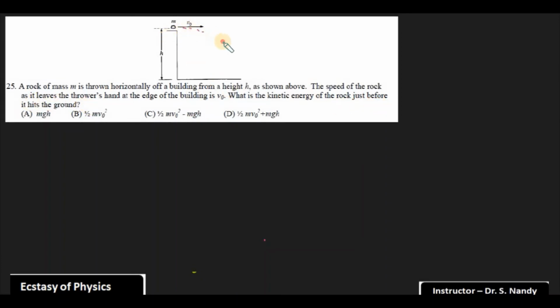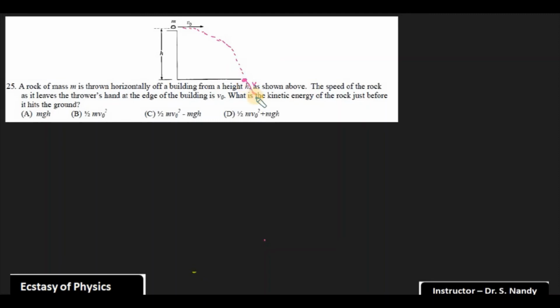That means it is going to follow projectile motion along a parabolic path, and after that it is going to strike the ground with a certain velocity v. Corresponding to that, we have to find the kinetic energy of the rock just before it hits the ground. This is quite an interesting problem. The first tendency of the student would be to